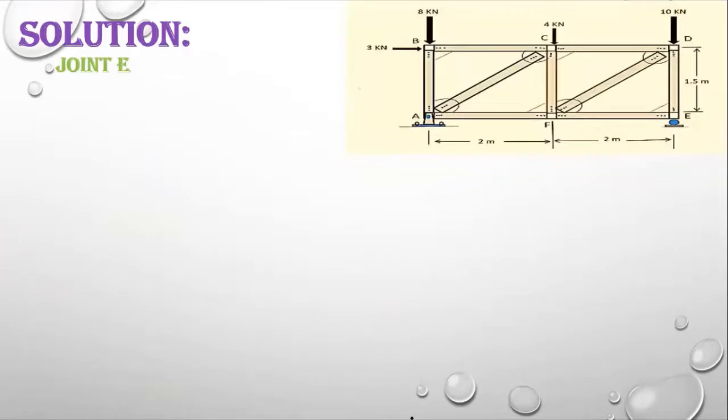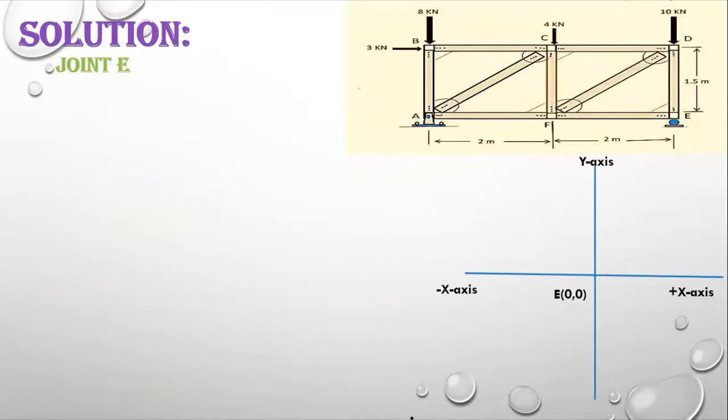Now I am moving towards another slide, and we are going to solve joint E. I think it is very easy to calculate at joint E, as there are only two forces acting at joint E. We have to draw the free body diagram first, and there is a vertical force acting, that is the support reaction. These are the axes. One is the member force FED, that is the positive one, acting vertically upward, and then there is a horizontal member force FEF, you can see, and it should be negative. So I will put it here.